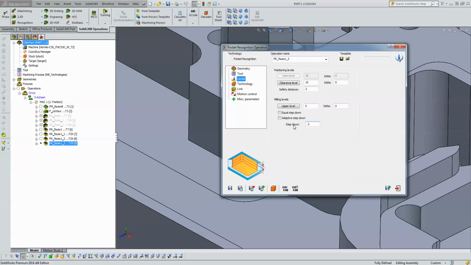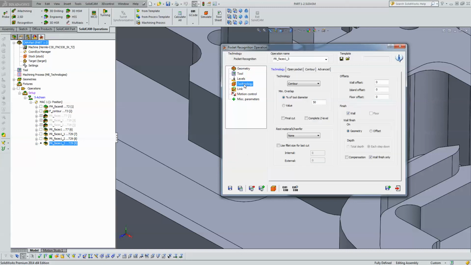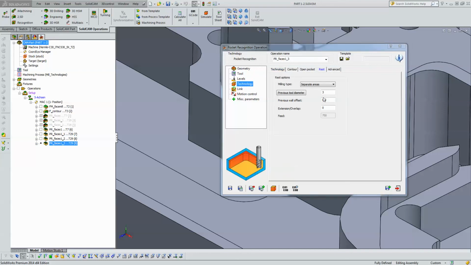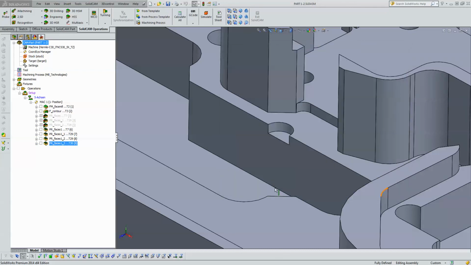Everyone knows exactly the way they work. I'm not going to get picky about it right now. And in my technology, all I'm going to do is change the rest material to rest and put in the value of the previous end mill, which is 1.5. And my previous wall offset was 0. Let's run our simulation. And this time,